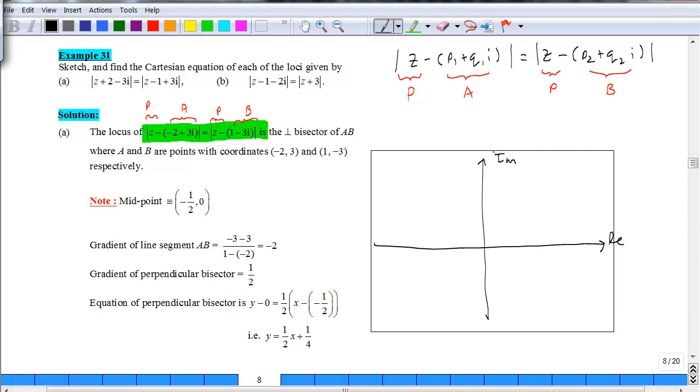Right. So negative 2 plus 3. So negative 2, 3 is here. So this point is the point A. And the other one is 1, negative 3. So this is the point B. Right, so you will connect these 2 points